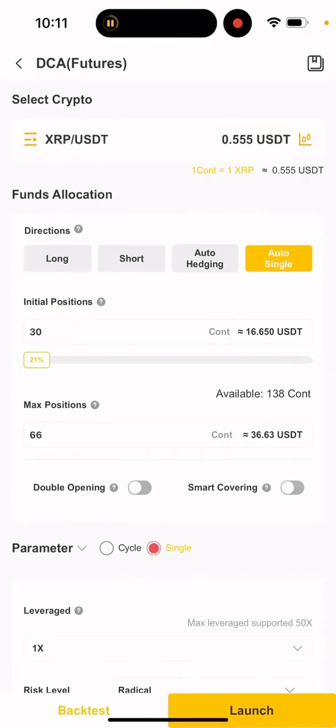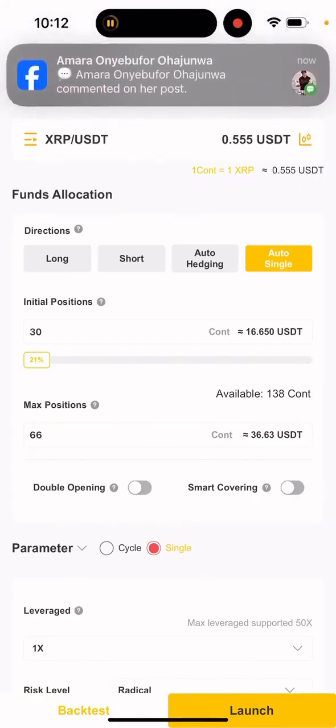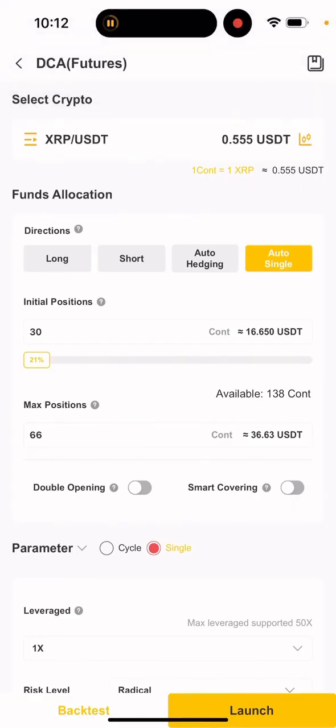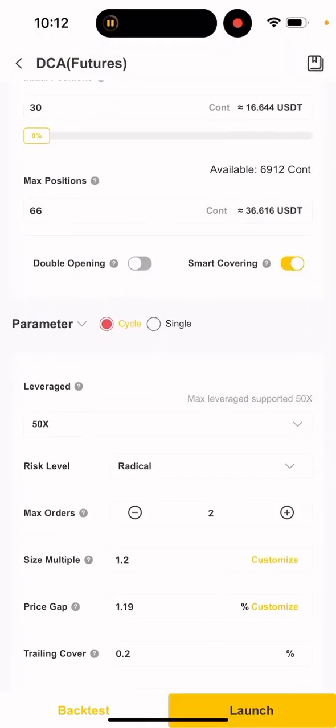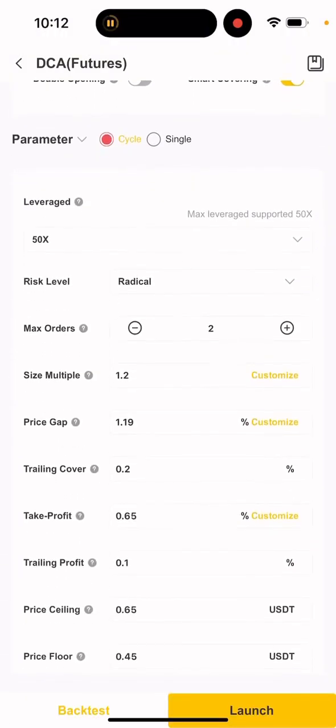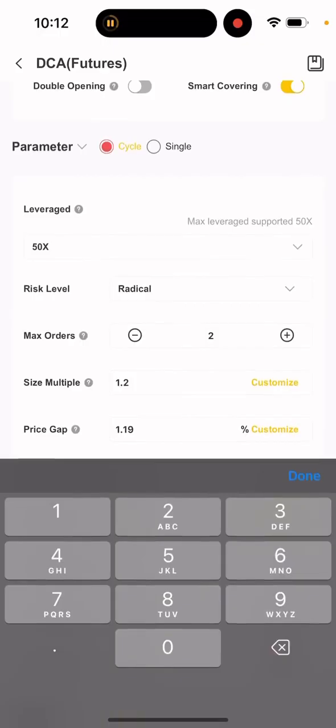I have SRP currently running. All I need to do right now is come here and do the same thing. I open this account. I just put $100 in this account to test this for us, to show us that it's working. Turn on my smart covering, put it at Sacco, go to the highest leverage, which is C50S for this coin, and check my take profit is less than 1. Change it to 1,